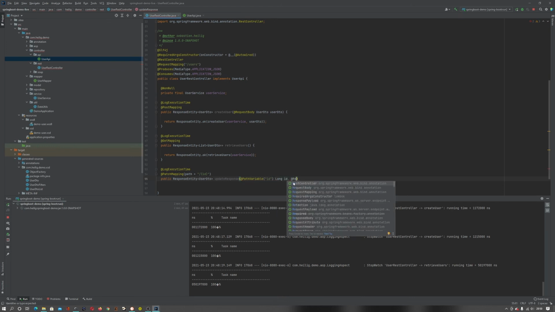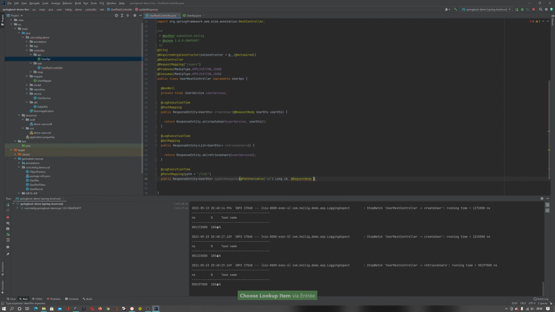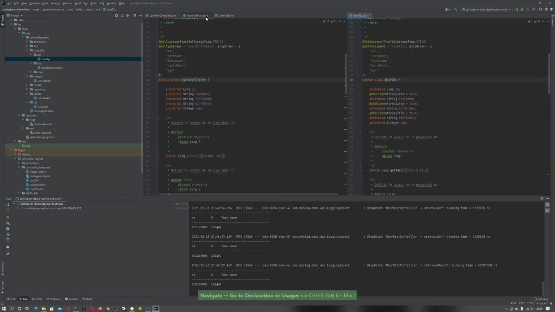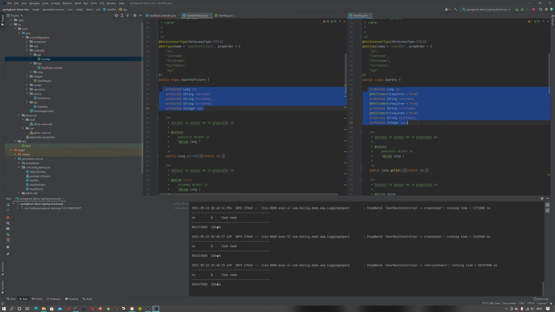You want a request body, user DTO filters. Why user DTO filters and not user DTO? The main difference between both: they have exactly the same attributes, but